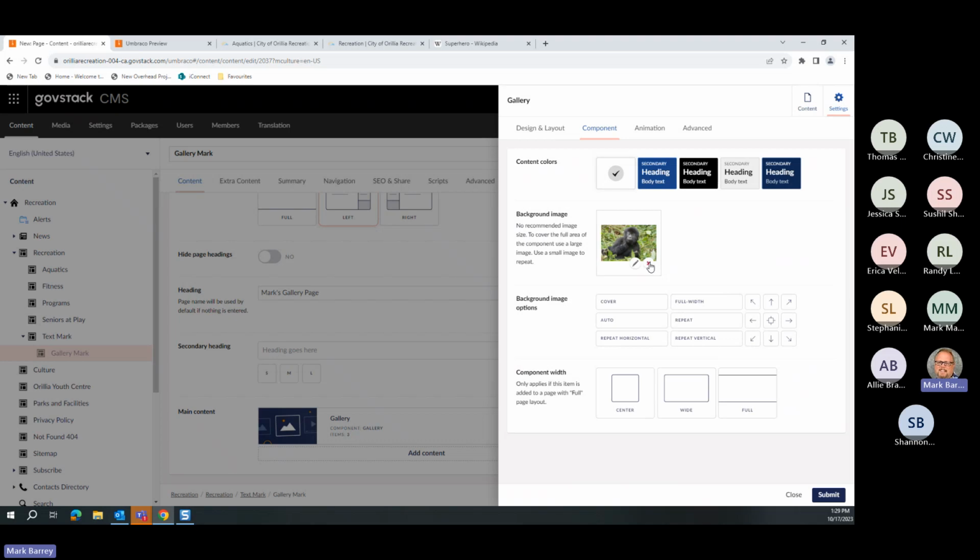Okay. So I'm going to get rid of that picture that's there. Go back to the black. There we go. Now, with this, the component width, this only applies if your layout is full width. Now ours is set to the left. So this doesn't actually apply on anything except maybe the home page. And all it does is say, we'll take the content and jam it together into a square in the center